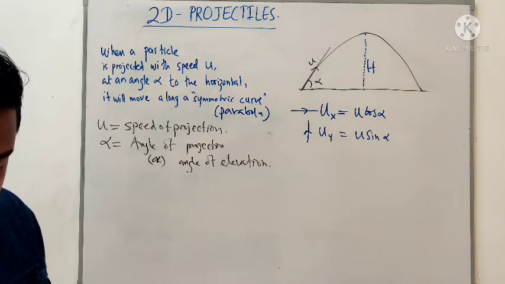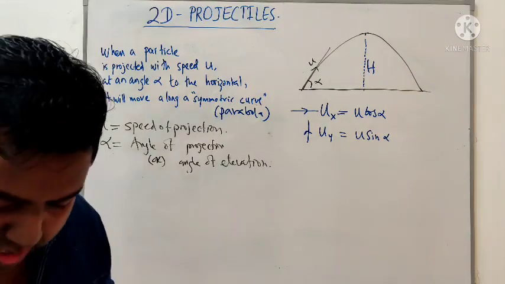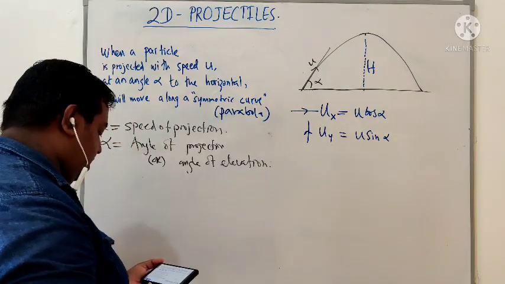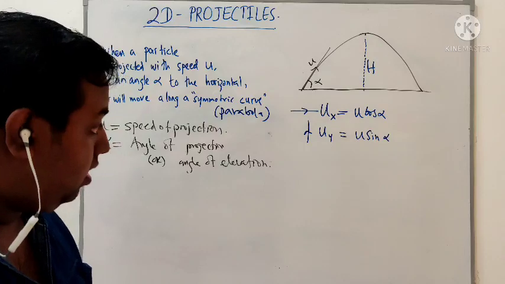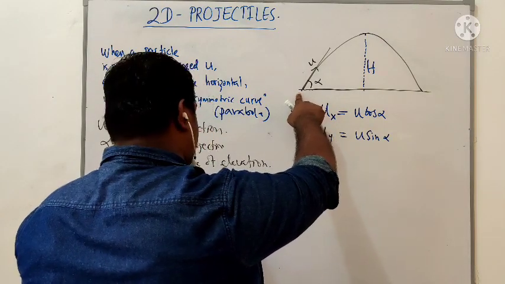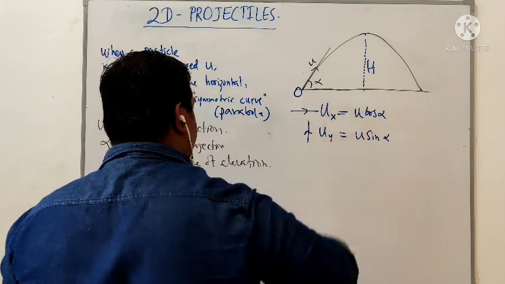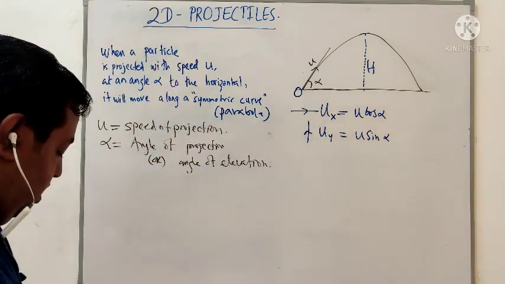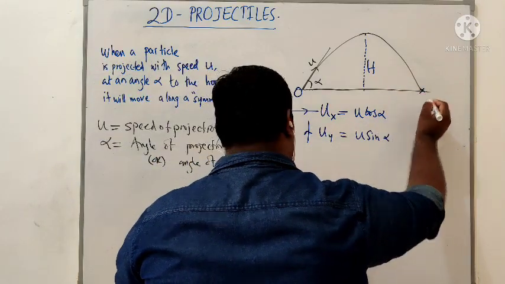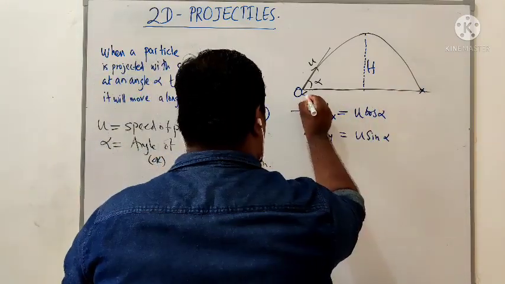The distance from the point from which the particle was projected, this projected point O, to the point where it strikes the horizontal plane,